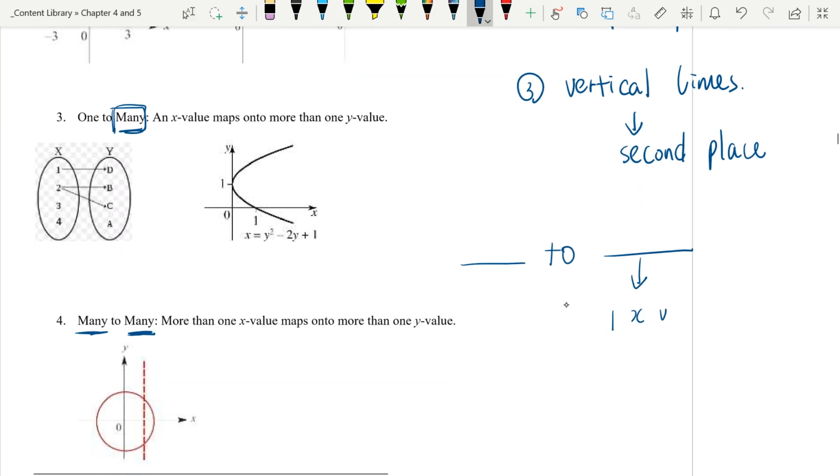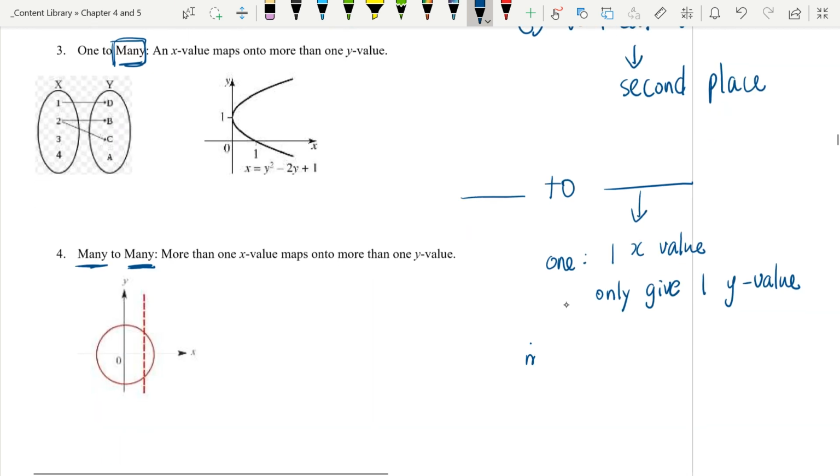One x value only gives one y value. Okay, that's what one means. And if you have many here, that means one x value